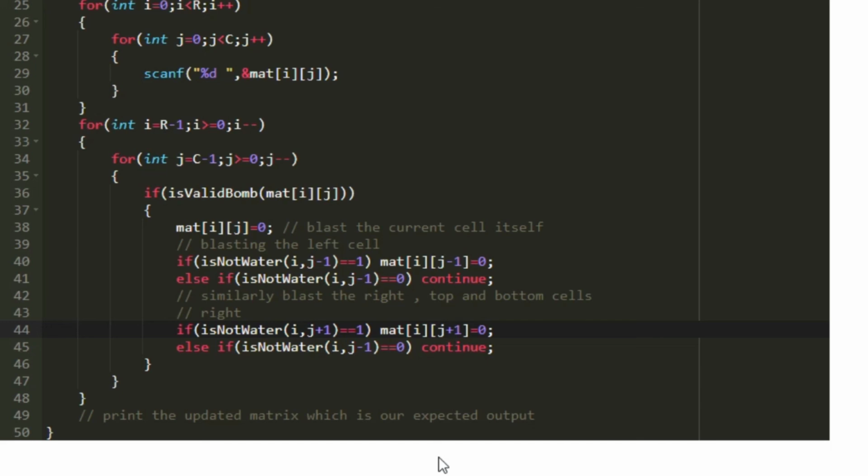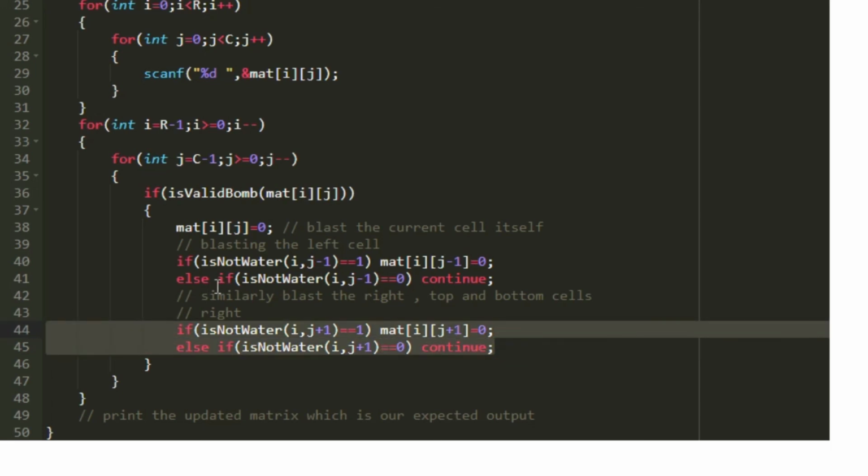If it returns 1, then we will be setting matrix of i j plus 1 equal to 0, which means it has been blasted. But if it is not blasted, then in the else if condition, again we will be confirming whether it is water or not. So if it returns 0, then we execute continue, else we will be checking for the remaining adjacent cells.